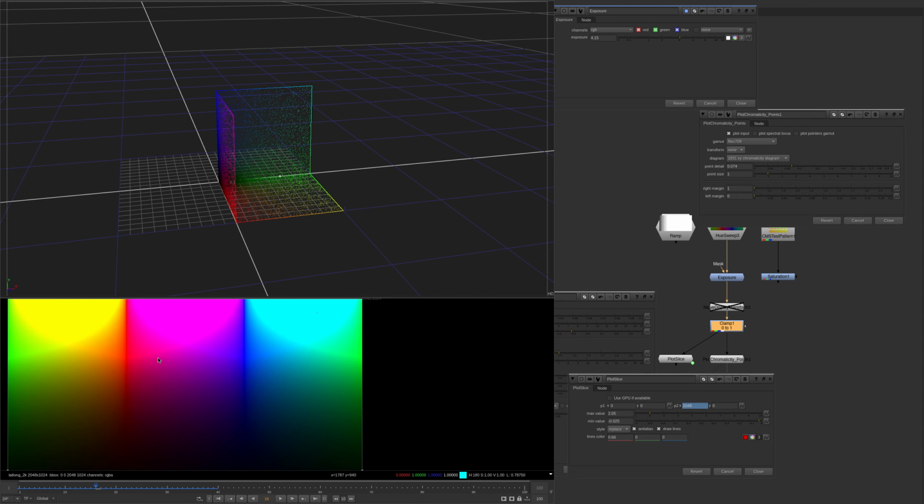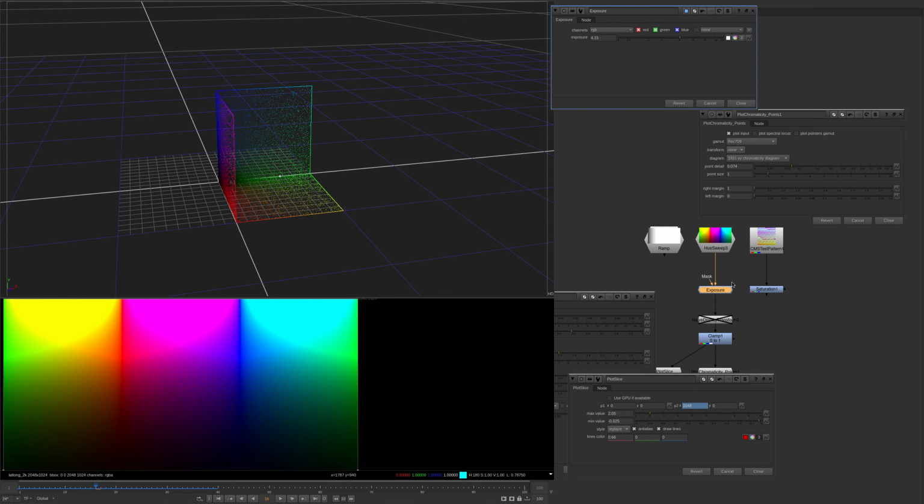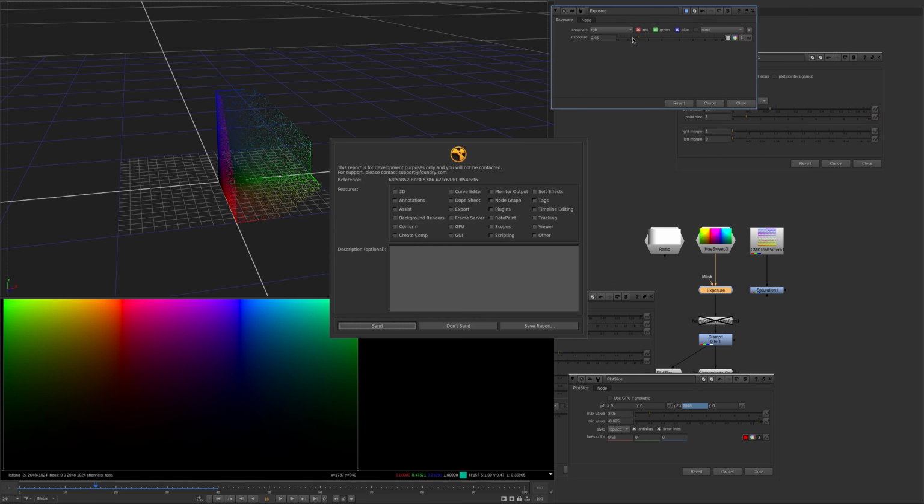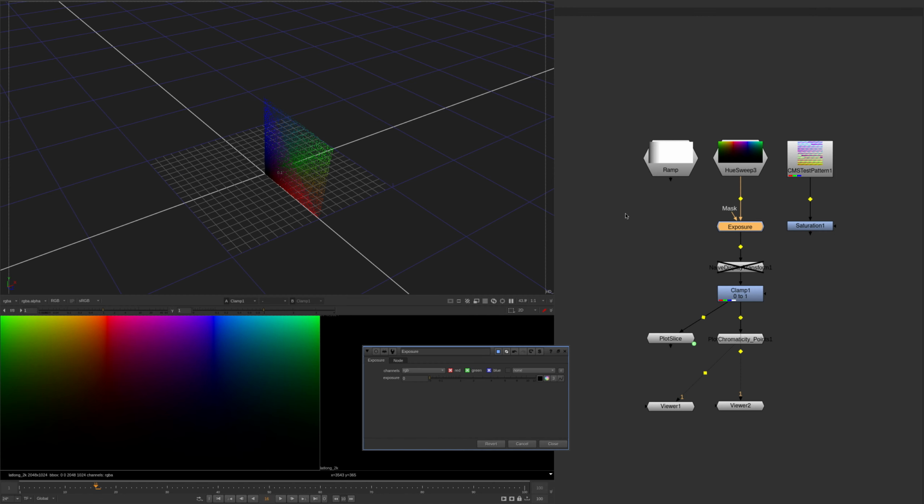So if we put this over here and we adjust the exposure of this hue sweep up and down, basically what we're seeing is Nuke crashing and burning horribly. Okay, we've restarted and it seems to be working again. So if we have this hue sweep, which goes from 0 to 1 luminance, and we expose up, we can see what happens when the display maximum kicks in. Basically, these hues start to clamp to the secondary and primary colors. So primary clips, and then the hues go towards the secondary,